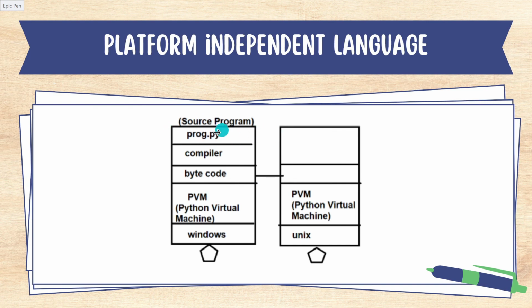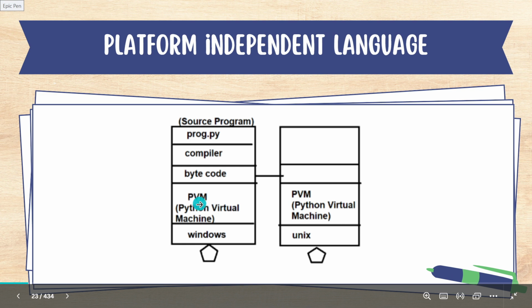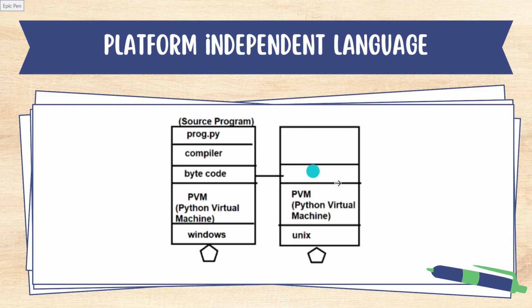When we are writing Python code, the compiler will convert our Python code into bytecode. And this bytecode is platform independent, meaning you can move it from one machine to another, because it will be further translated by the PVM. A Windows machine has its own PVM and a Unix machine has its own PVM in order to convert this bytecode into machine-understandable code. The PVM will further execute it and convert it into binary, right?